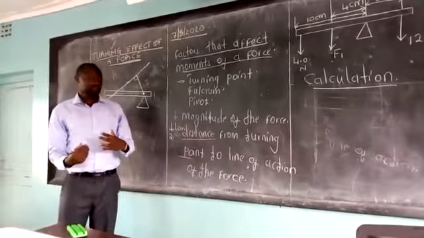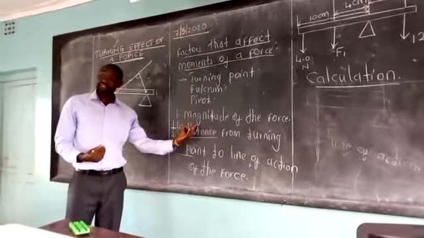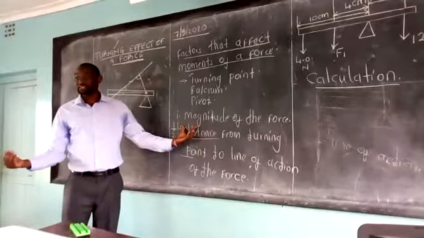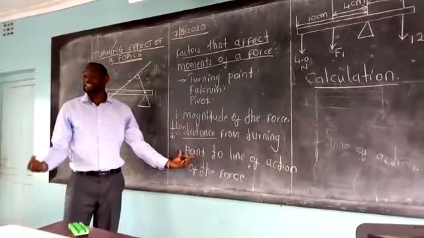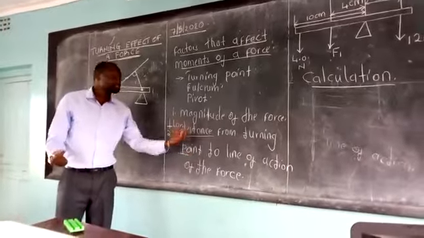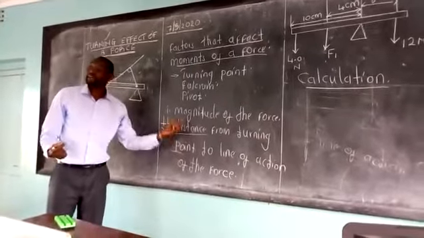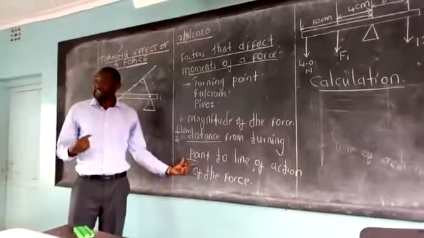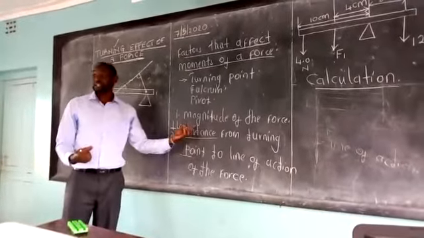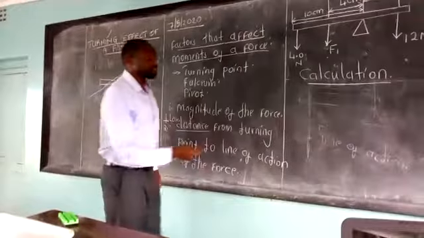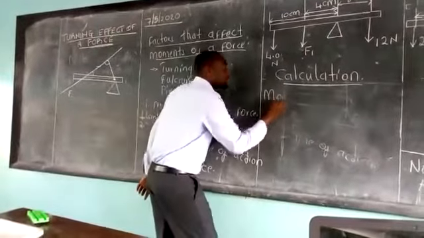The greater the force, the higher the turning effect. The greater the distance, the higher the turning effect. These two quantities are the ones that give us the turning effect. We can see the two are directly proportional to the turning effect. And therefore, we calculate the moment